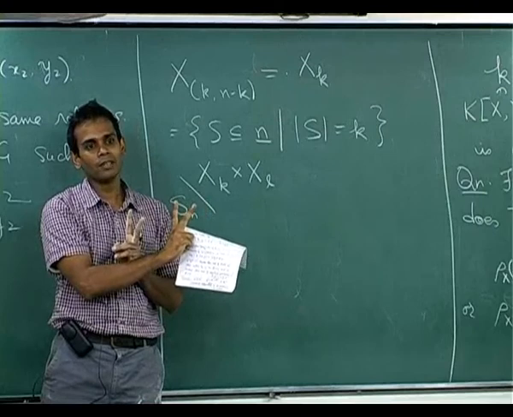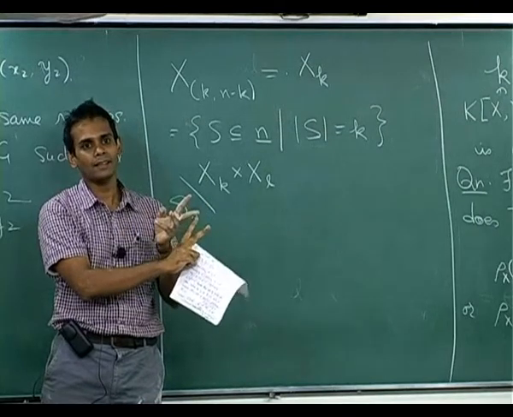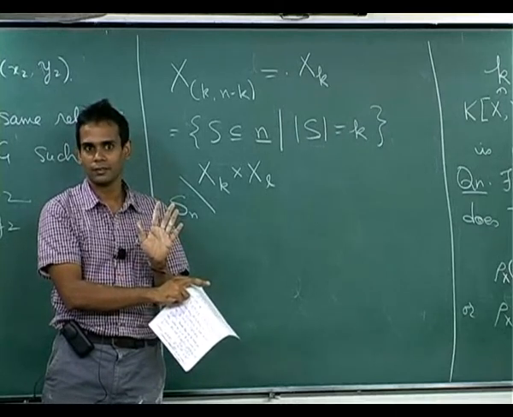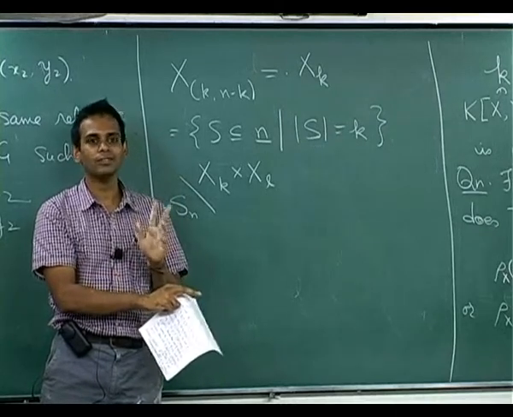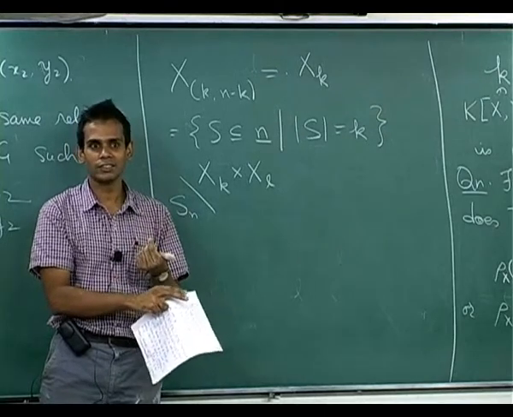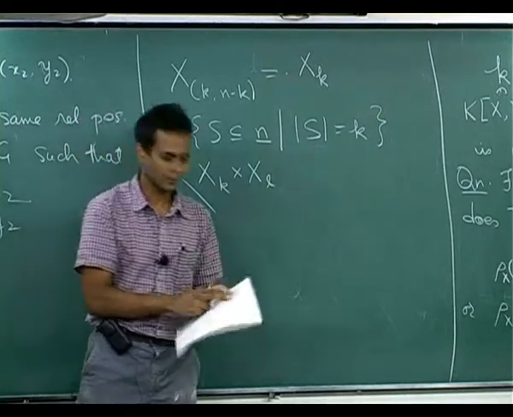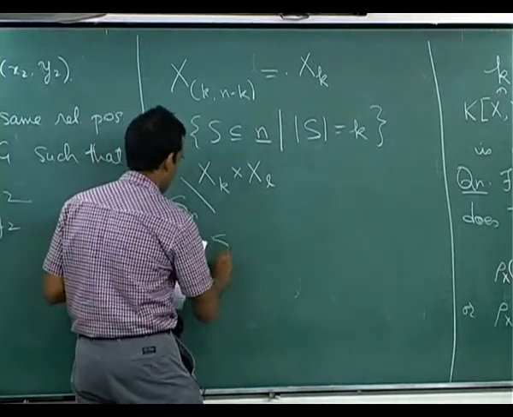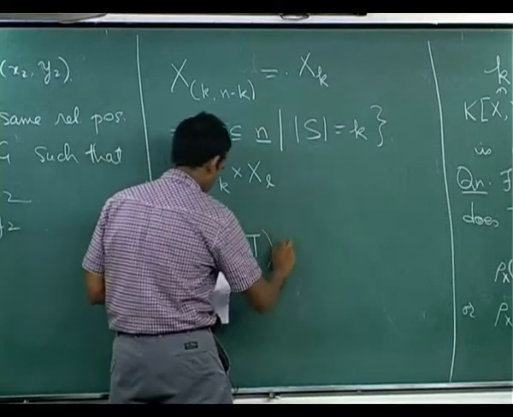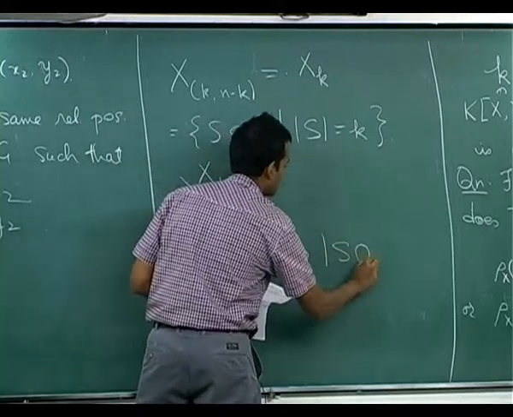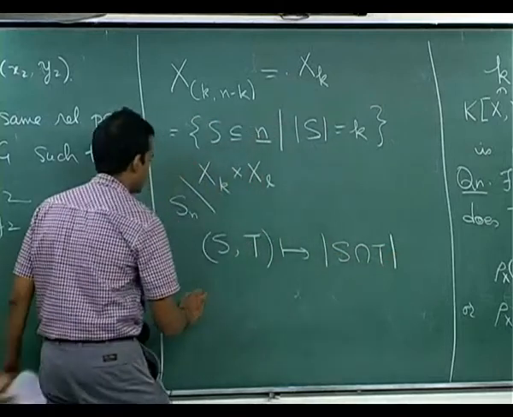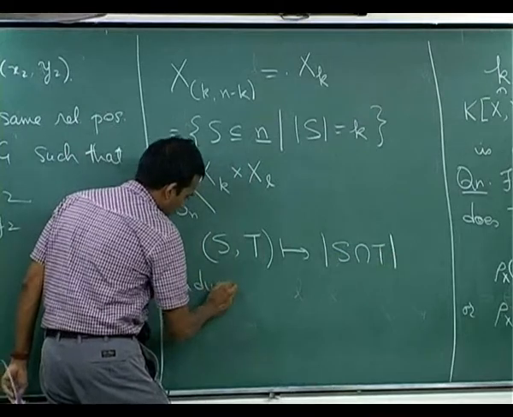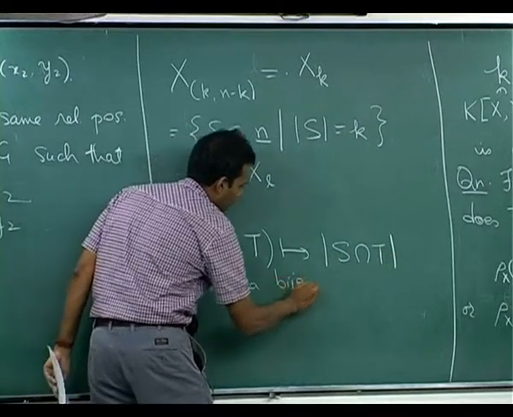And if you think about it, suppose you can, then the cardinality of the intersection is preserved. Okay, that's the only thing that you need to worry about. If the cardinality of the intersection is preserved, then you can move one to the other. So the point is that (S, T) maps to the cardinality of S intersect T is a bijection, induces a bijection from, okay, we'll have to figure out what the range is, but